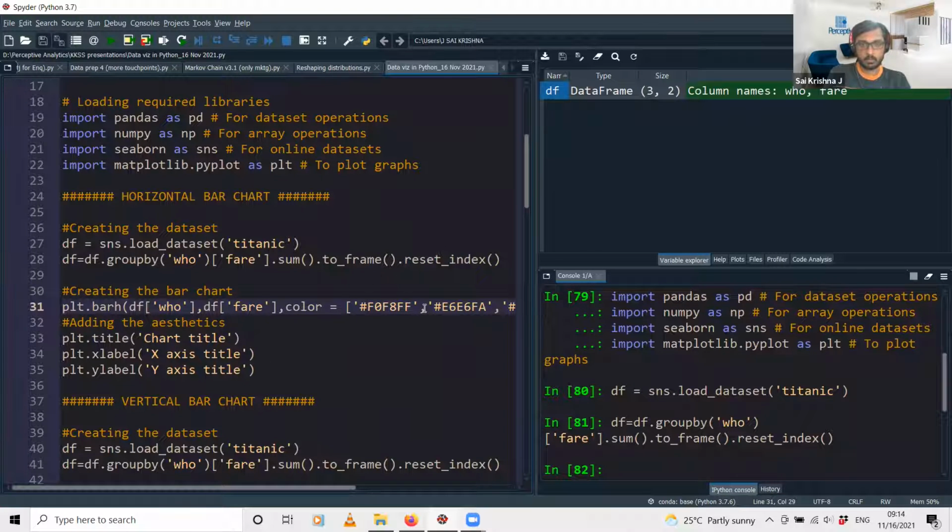Yeah, if you want a different color, you can specify it over here, and then you can also specify the chart title, x-axis title and y-axis title. Now once you have written this block of code, you just run it together, because that's the best way to visualize the data. So I am selecting this entire block of code over here.